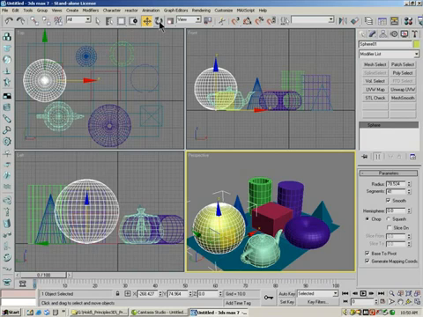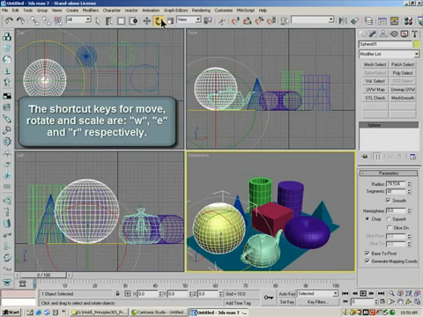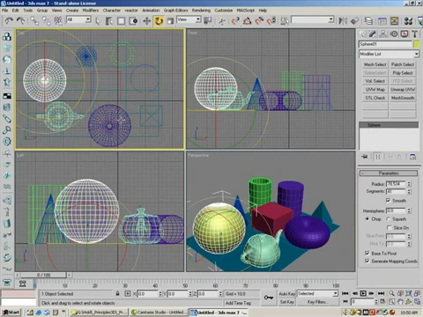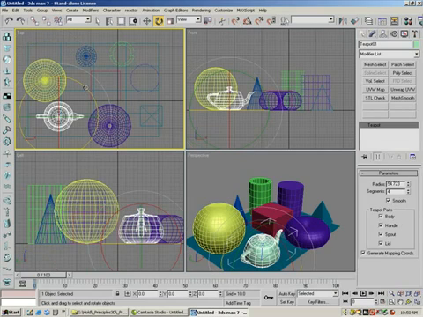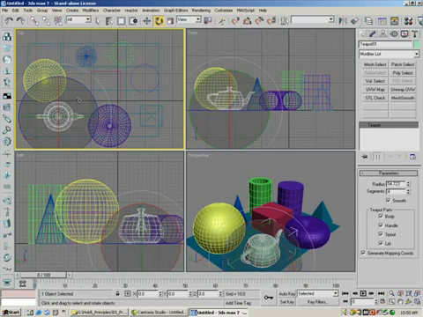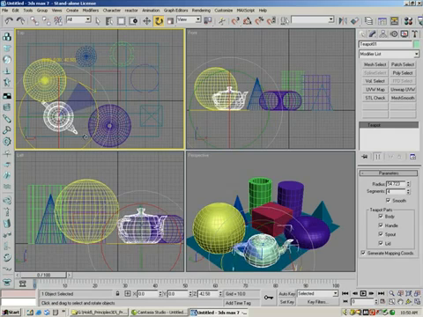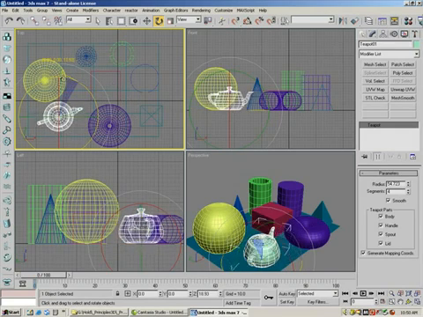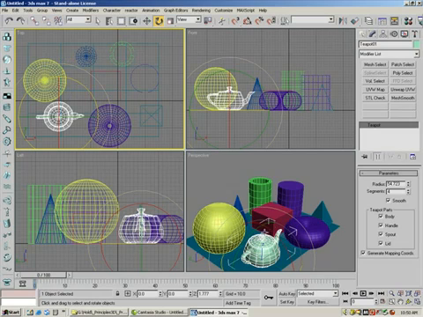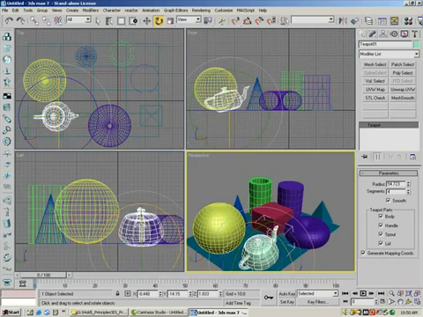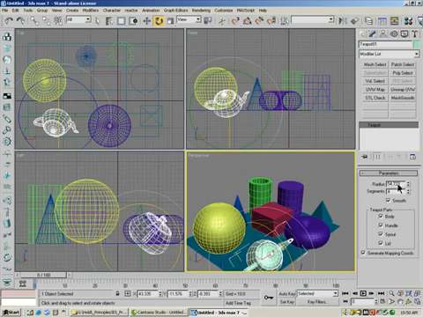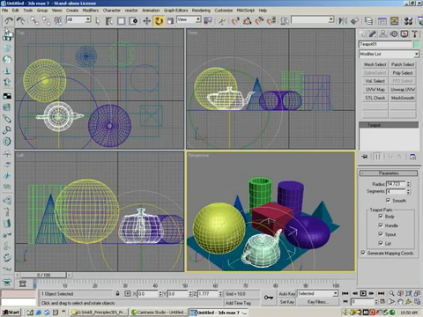This arrow right here is the select and rotate key, which works very similar to the move key, except this time you get these rings. I'm going to grab the teapot because you can see that rotate. And if I just grab this ring that's going around it, this yellow ring, and hold down the left mouse button, it will rotate the teapot while locking it on one or the other 2 axes. Okay, you can actually rotate it on any axis by grabbing these little things. And if you get things all skewed out of place, you hit undo, until it goes back to what you want. You have 30 undos. So almost unlimited undos unless you keep clicking on stuff and you burn up your 30